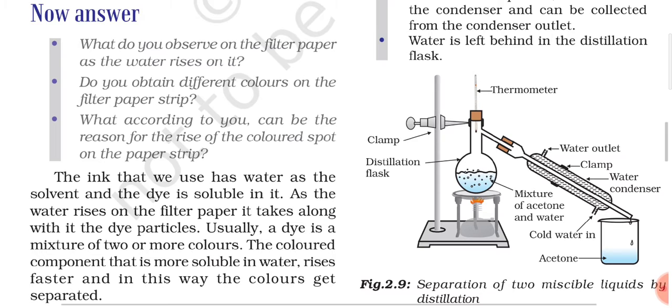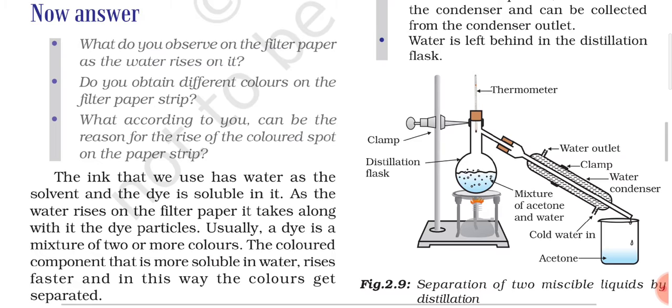than the other component which is less soluble in water. It will not travel faster, it will travel slower than the other component, and at the end of the experiment, the spot of that component we will get below the first one. The height will be less than the first component. So this is about the questions related to chromatography.